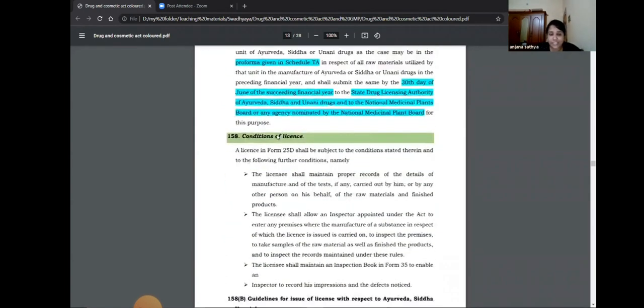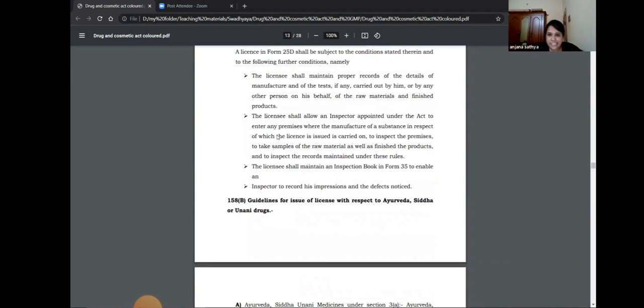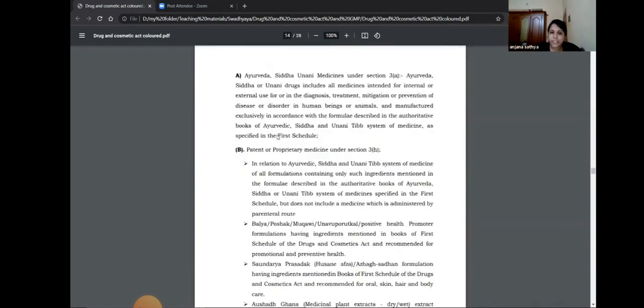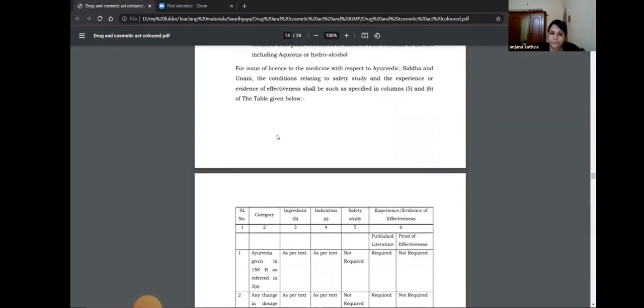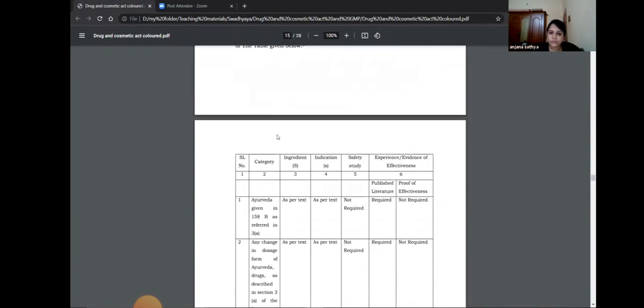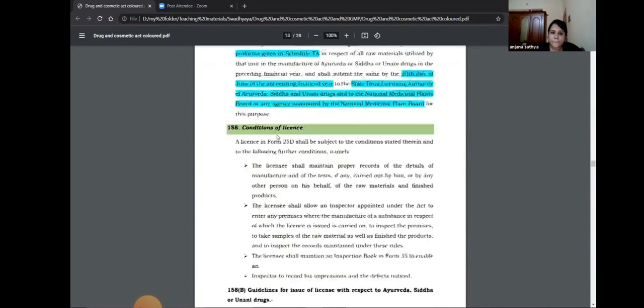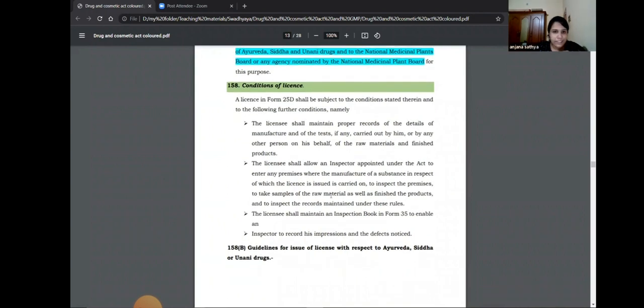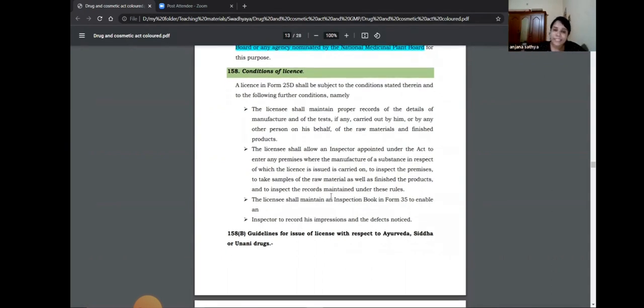Next one is 158, conditions of license. There are certain conditions which are mentioned to get the license. The first one is the licensee shall maintain proper records of details of manufacture and of the tests. So there has to be a batch manufacturing record maintained, as well as the record for the quality analysis also. Next one is the licensee shall allow an inspector appointed under the Act to enter